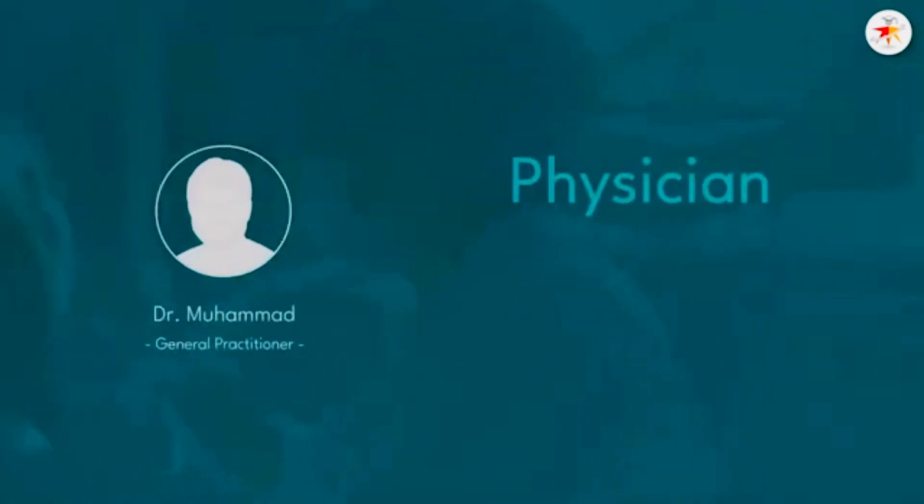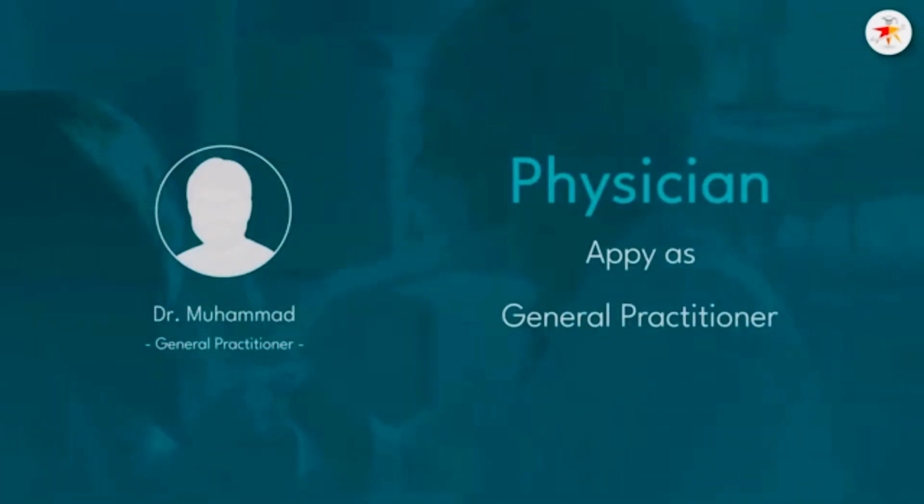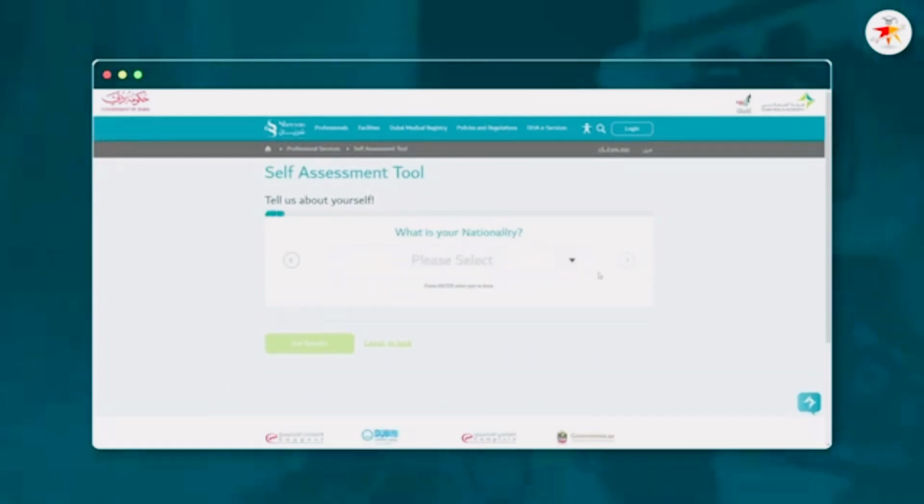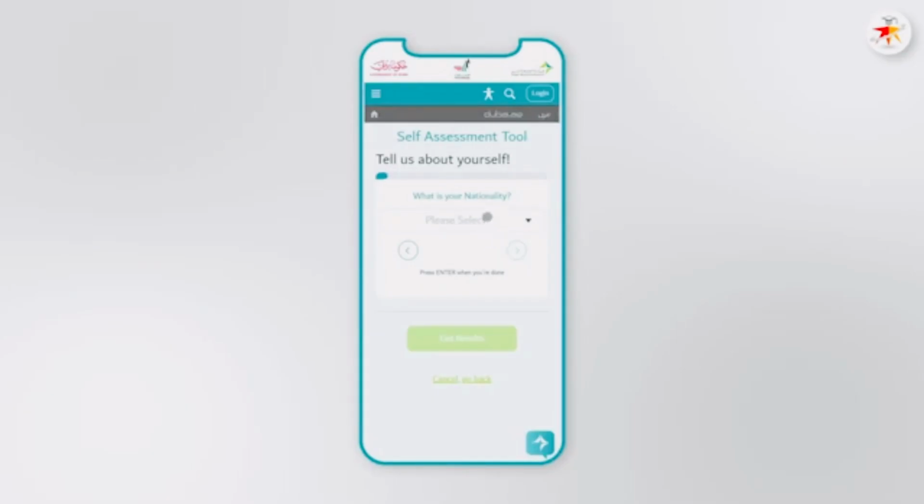Let's assume that you are a physician and willing to apply as a general practitioner. Don't worry, the steps are similar for other healthcare professionals. So, the category I am applying for is physician. Click next like this. Let's shift to my smartphone because I suppose many of you will be doing this assessment